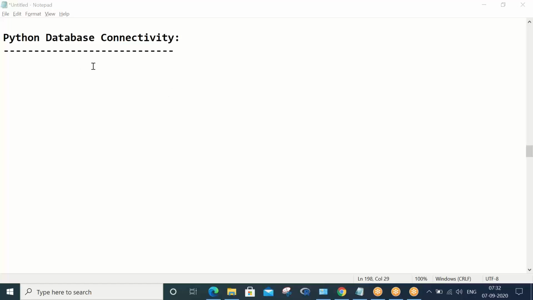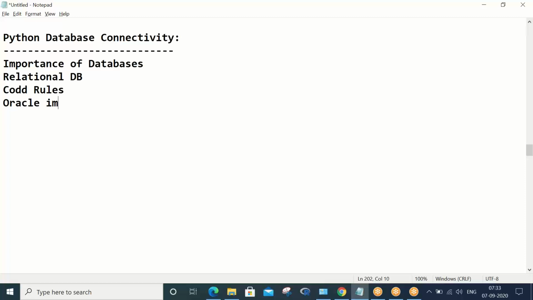So yesterday we started off with this Python database connectivity concept. Just to recap, we understood the importance of relational databases, in which we understood some Codd rules, and we also understood Oracle's importance in terms of market share.